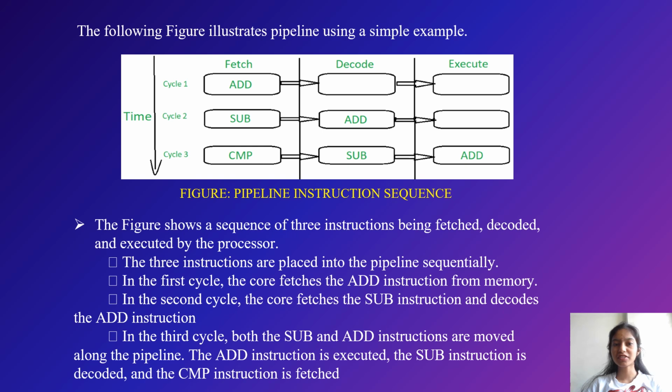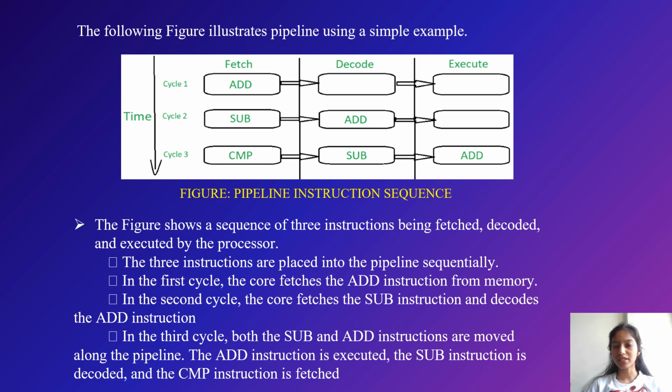The following figure illustrates the pipeline using a simple example. Here is the diagram, the figure named pipeline instruction sequence. The figure shows a sequence of three instructions being fetched, decoded and executed by the processor. The three instructions are placed into the pipeline sequentially. In the first cycle,